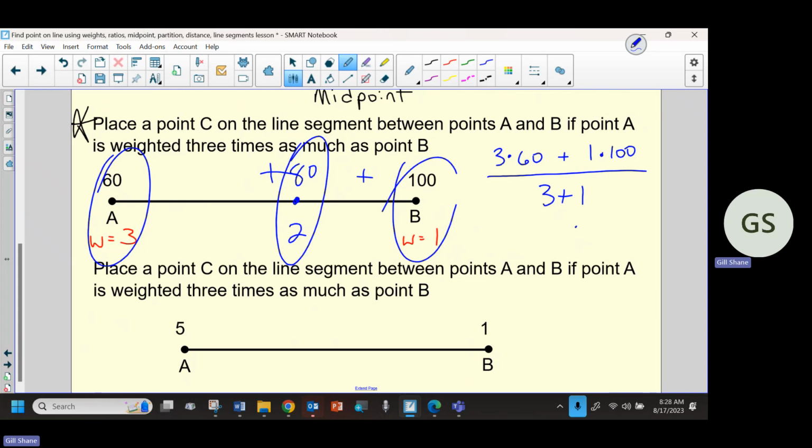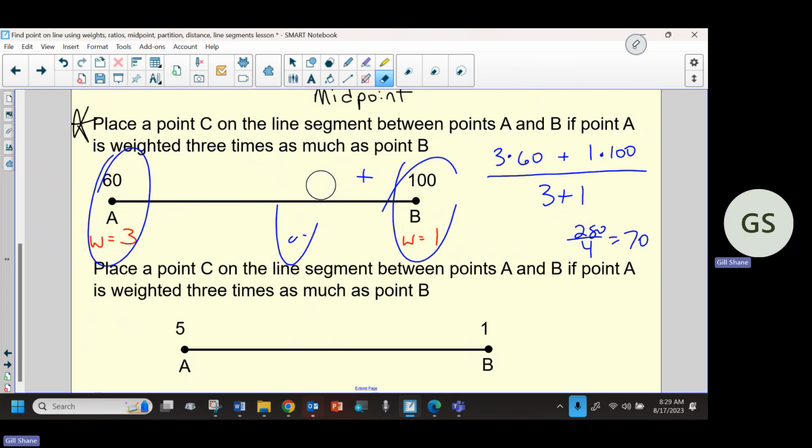Is that what you got? So 70? Yep. So that would be the weighted average of the point C. So now, oh, and I think I do on the quiz, and I know they do in the book, they want you to actually put that point on the number line. So 70, if this is 60, right in the middle of that would be 80, because that would be 20 away and 20 away. Well, if this is 80 here-ish,